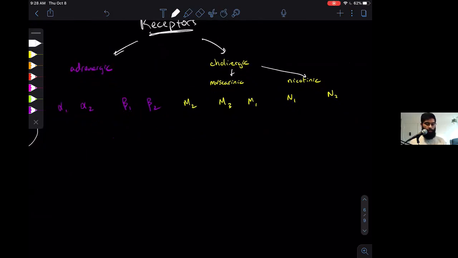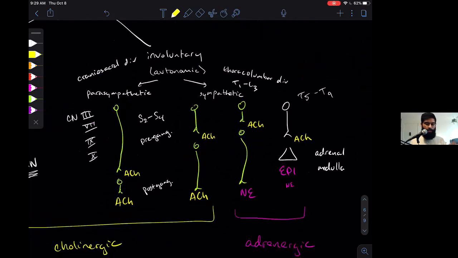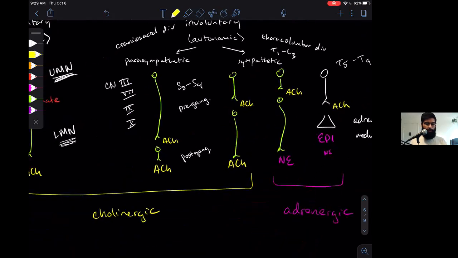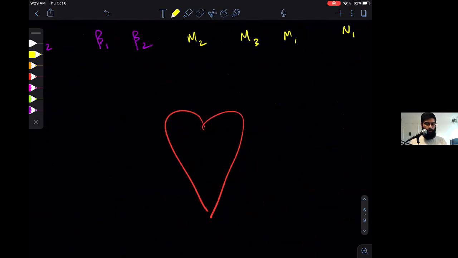So when I say they're going to respond to, let's say we're looking at your heart, for example, okay? And so this is your heart. And let's say there's a nerve. What's going to be sympathetic or parasympathetic if it's adrenergic? It's going to be sympathetic, right? The parasympathetics don't use adrenaline. They don't use epinephrine nor norepinephrine. So let's say you have your heart here. And you have on your heart